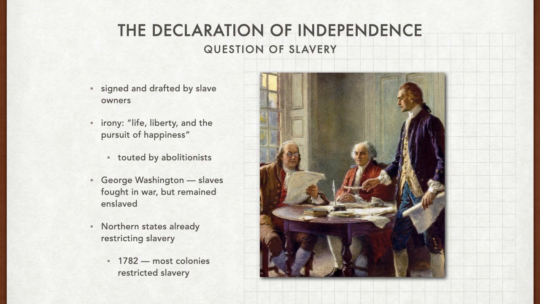Now, they're saying these things in a room full of men who mostly have slaves, right? Including Washington and Jefferson, who we said were some of the biggest planters in Virginia. Additionally, military men like Washington saw the cruel irony of having the slaves fight in the American Revolution, but continuing to deny their freedom afterwards. Before the Declaration was drafted, several of the northern states were already abolishing the purchase of slaves from the slave trade, like Rhode Island in 1774. By the time that the Constitution was drafted, all of the original colonies, except for Georgia, had banned or restricted the institution of slavery.